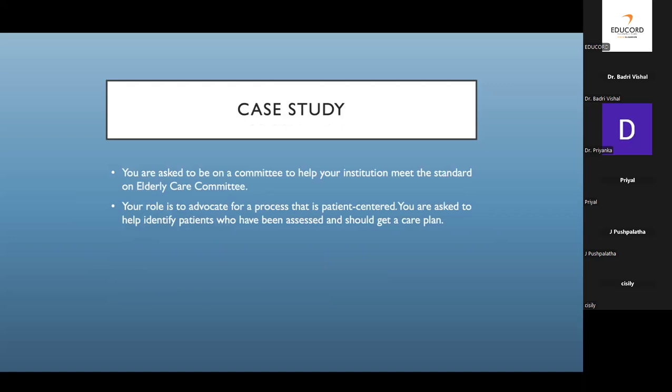So if we present a case study, you are asked to be on a committee to help your institution meet the standards of the elderly care committee. Now your role is to advocate for a process that is patient-centered. You are asked to help identify the patients who have been assessed and should get the care plan. So how will you go about the management of these patients, and how will you say that these patients should get a specialized care plan and these should not? Okay,